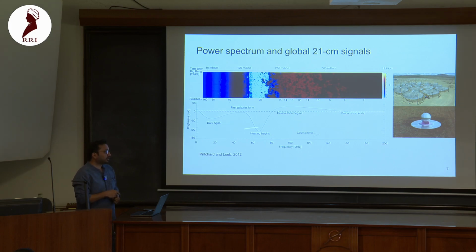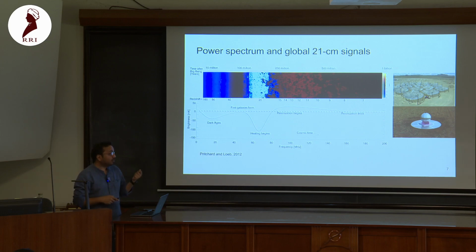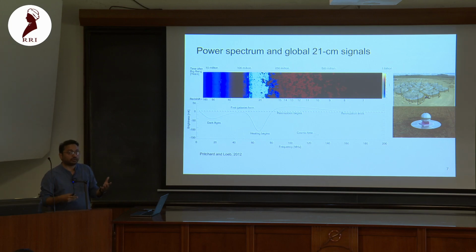In order to measure the monopole or the mean, in principle, a single antenna should do, because we are measuring over a very broad range of sky. That's not true for the power spectrum, where we also want to measure the variance, because then we need fine angular resolution on the sky to be able to cross correlate things. That's where we need a lot of elements put together. So experiments like HERA are custom designed to do that, which I'll talk about later, and the upcoming SKA also has one of its key science goals as detecting this power spectrum from cosmic dawn and the epoch of reionization.